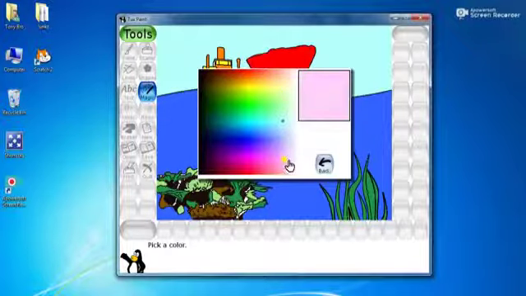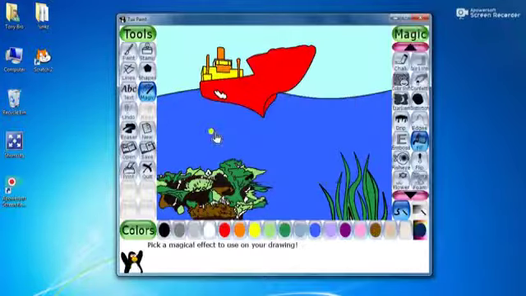See, much darker and lighter shades are available, then accordingly you can apply it here. In this way, coloring is done in Tux Paint.